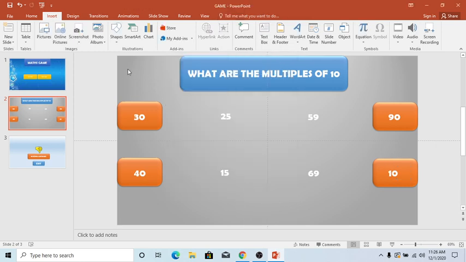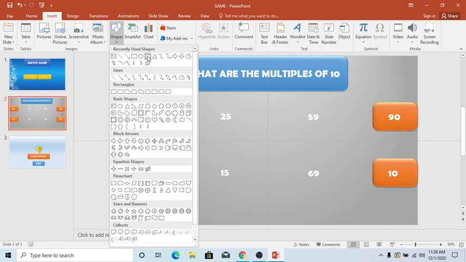So now we need to check. Now we need to add the timing, in order to make it more exciting, more interesting, and of course it should be competitive.